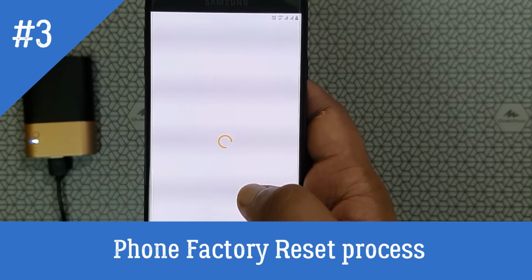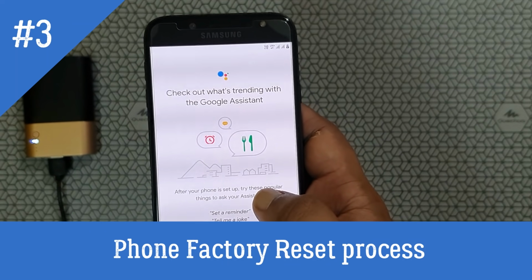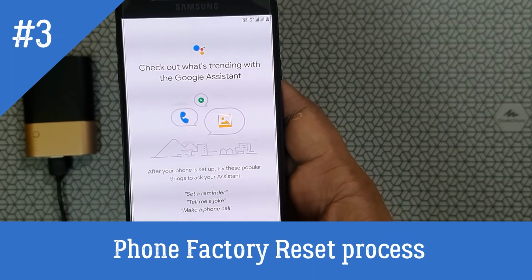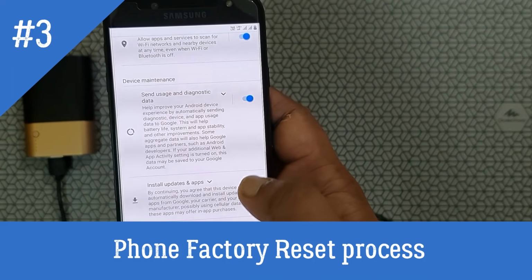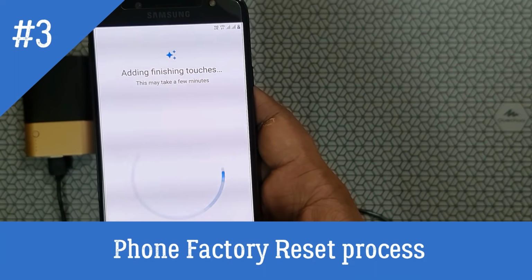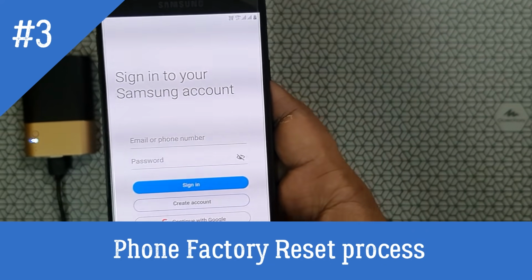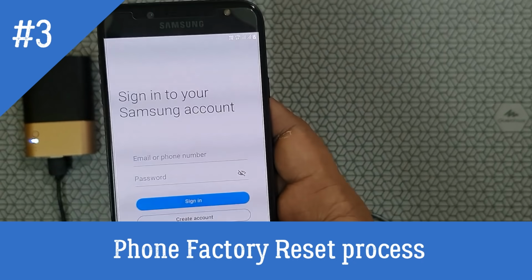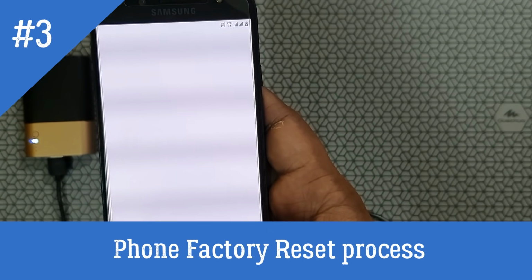Let me check how we have to do it. You can skip whatever things in the new mobile.